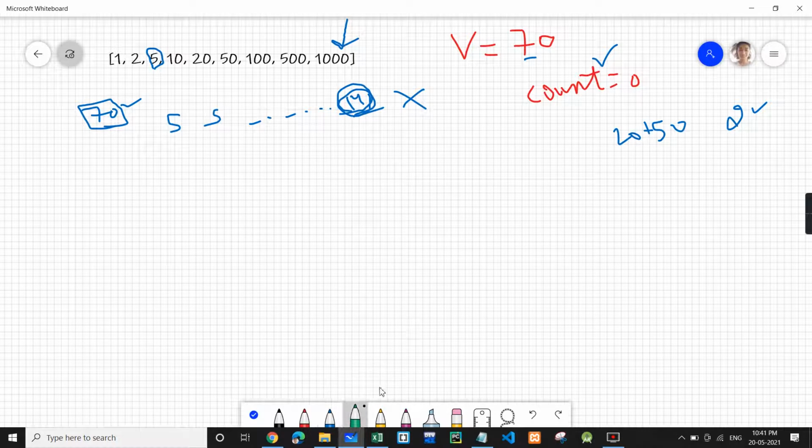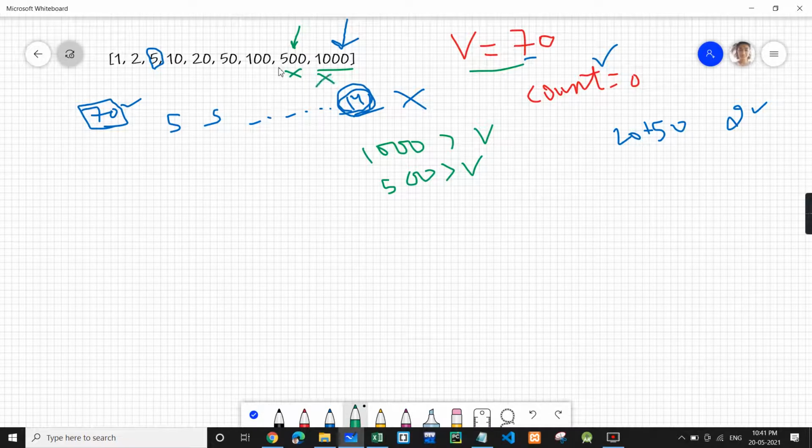Let's see how. So we have V equal to 70. Now a 1000 rupee coin, 1000 is greater than V, so we cannot make a change. This coin is of no use to us. Then we go to 500. Since 500 is also greater than V, this coin is of no use to us.